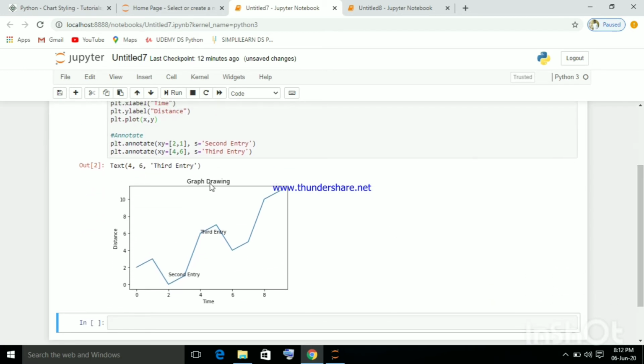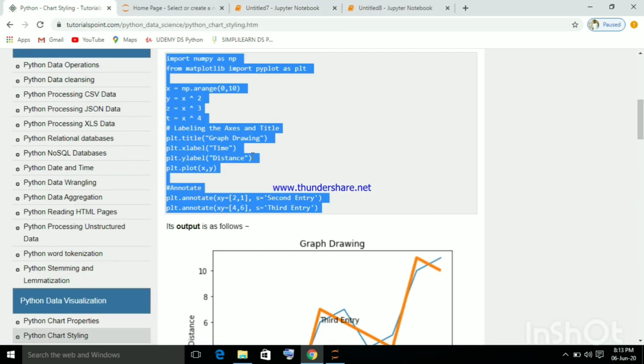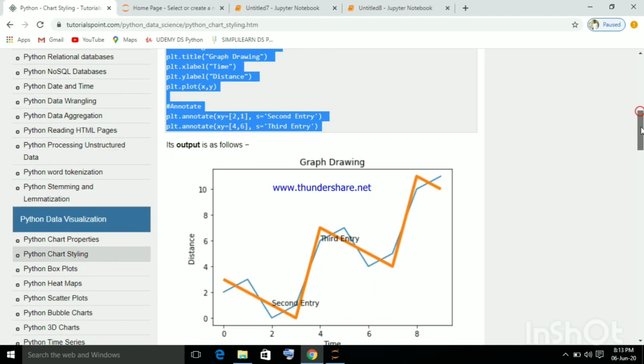Whatever data we have given in our program, it gets analyzed and gives us some output. This graphical representation is chart styling. Now I'm adding annotations, which means adding some specific task.